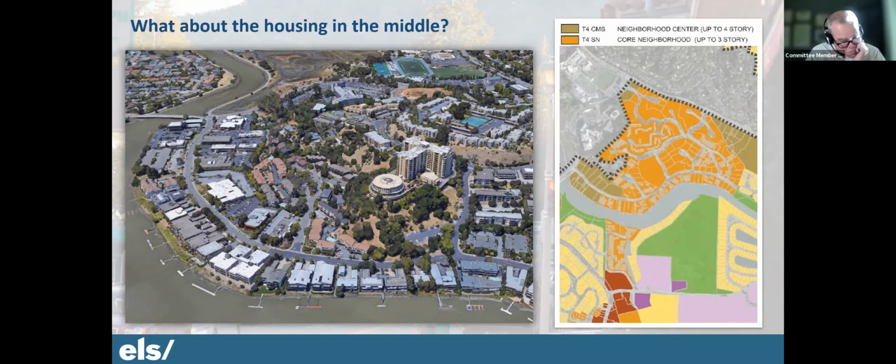Correct. So when we show the up to 4-story density, likely what you would see is a townhome with parking on the first level and maybe an office or small bedroom, 2 full levels above that, and then a small penthouse roof deck.